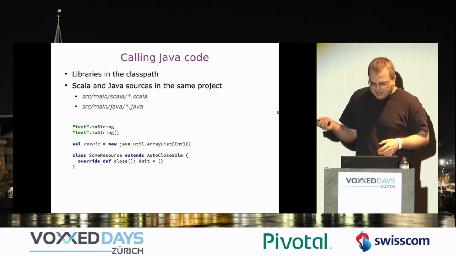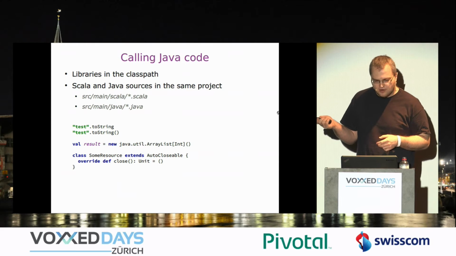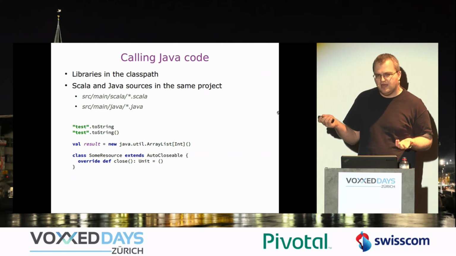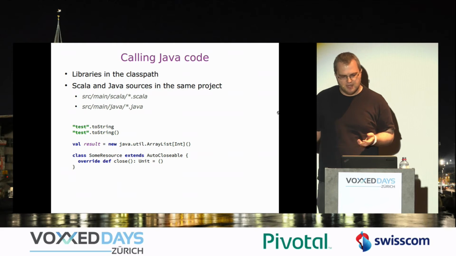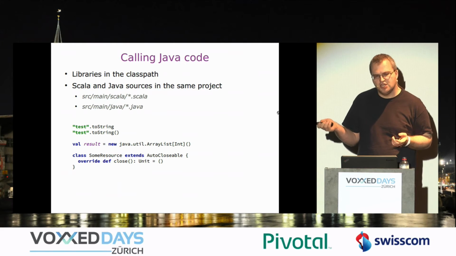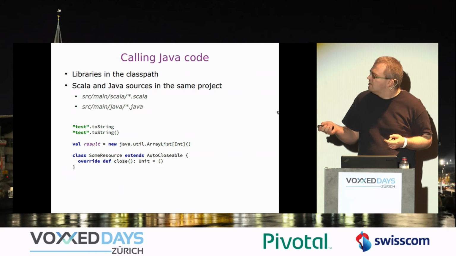with Scala. First, let's look at calling Java code. Well, nothing to say here really. The syntax is exactly the same. Nothing special is going on. Very important, you can call any libraries you have in the classpath, any classes you have in the classpath, using pretty much the same syntax, just with the little syntax changes that we have introduced. So, for example,